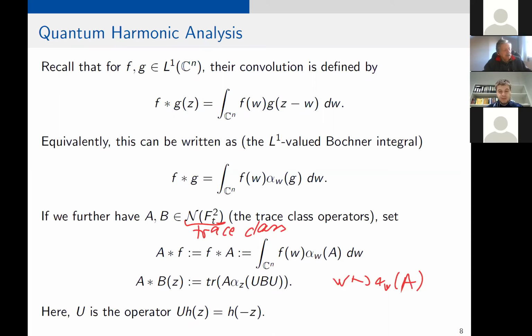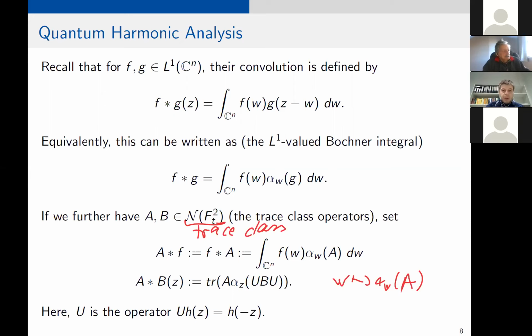Robert, one question. What is the reason for this conjugation of the U with U? Well, I would say it's for historic reasons, because Reinhard Werner did it in his initial paper like this. You could do the same thing without the U. It's just that the formulas you get in the end change by adjoining U in several places, but you can do the same theory without having U here. It's just historically like this. It's not really important having U there. It's just following this original paper. Exactly, so you can do it without the U here, and then you have to do the obvious changes in the formulas, but everything works out in the same way.